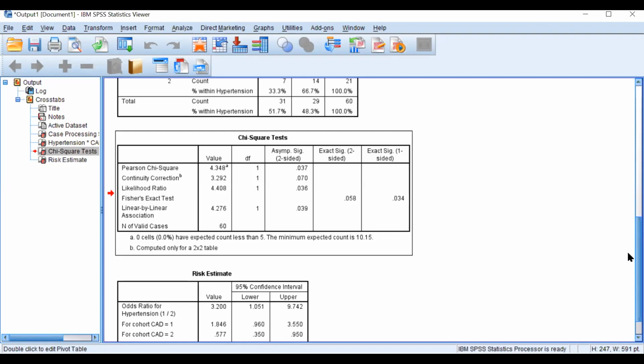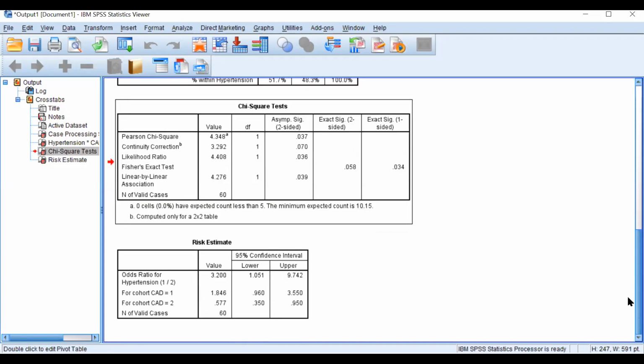I'll just tell you which test, what is the name of that odds ratio. I can tell you in 2 minutes; I'm not able to memorize it right now. Okay, so that way you can calculate. Otherwise, if you have multiple confounding variables, you have to use logistic regression and then see the effect.